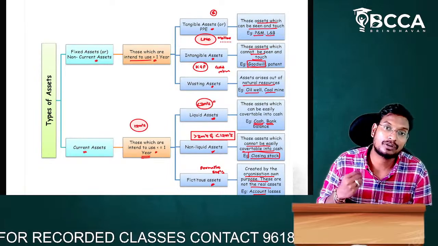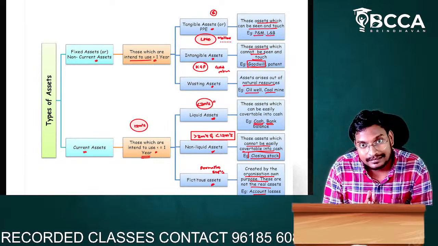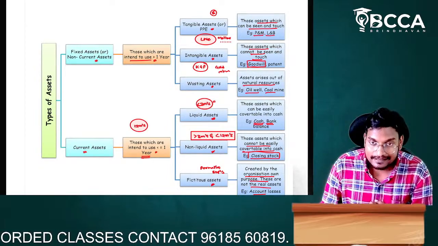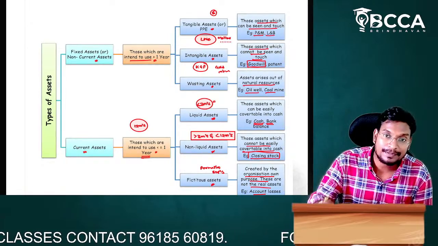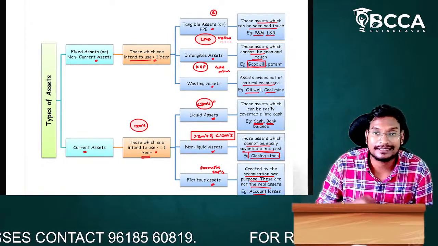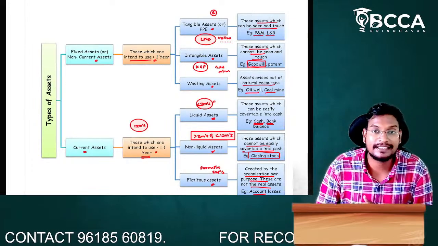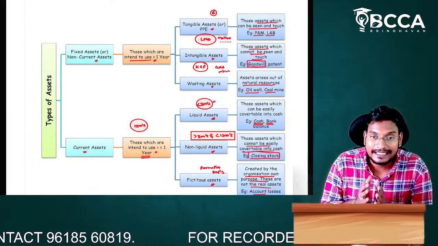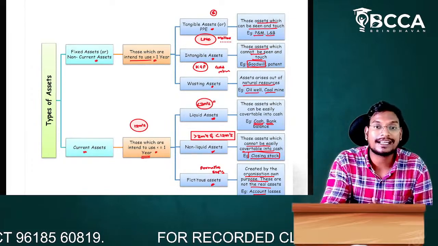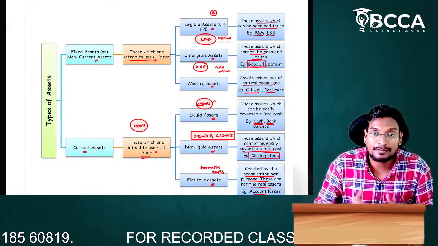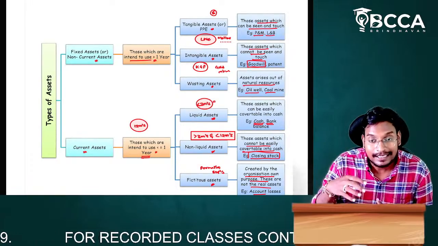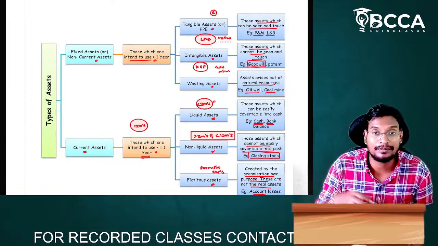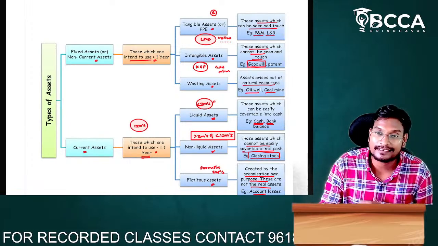Next one, what, sir? Drawings. Drawings means cash or an asset or goods taken away by the proprietor from the business for his personal use. Then it is called drawings. Here, in the case of drawings, the owner has to repay us, so the business has to receive from the owner. So drawings is called an asset of the business. Capital is a liability. Drawings is an asset.